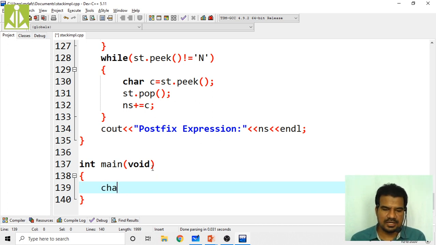What expression am I passing? You see over here, I am taking a character expression array, of that same expression: a plus b multiplied with c.